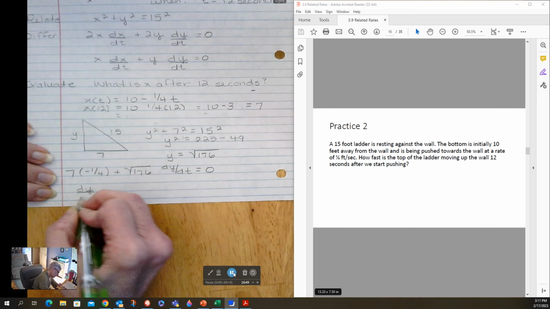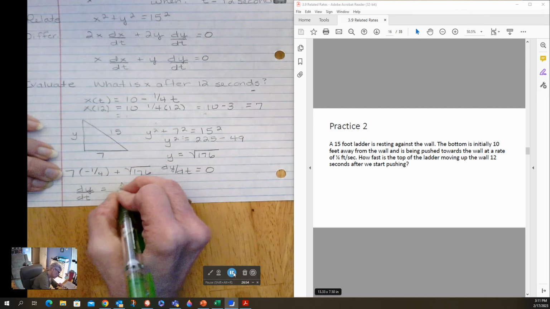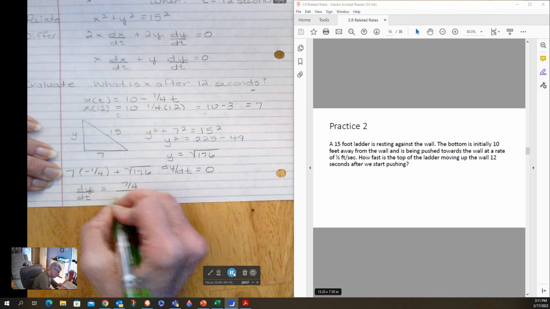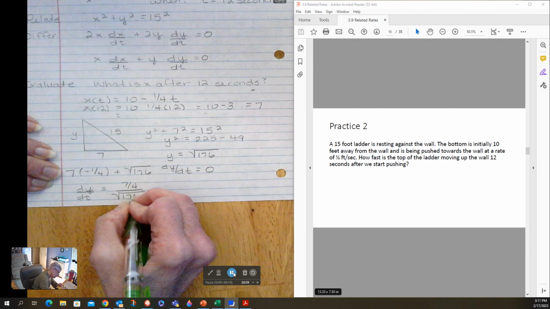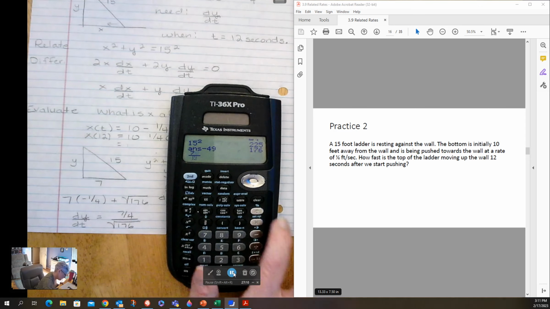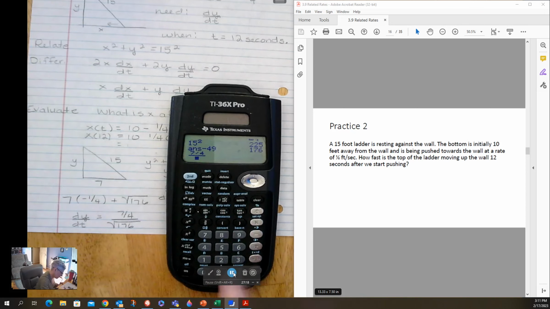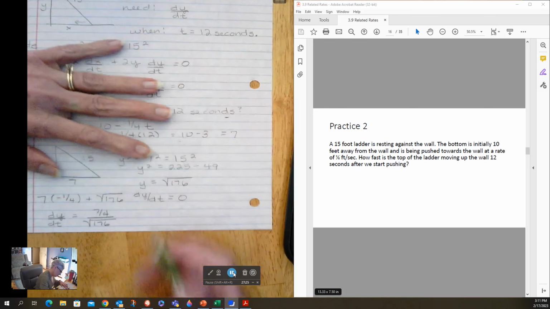So dy/dt equals, well, we add 7 over 4 to each side, divided by the square root of 176. Plugging that in my calculator, I'll start with a fraction bar. I put 7 divided by 4 on top of the fraction bar. You could have put 7 over 4 times the square root of 176, but you end up with about